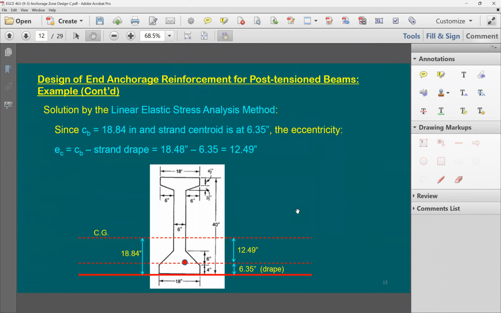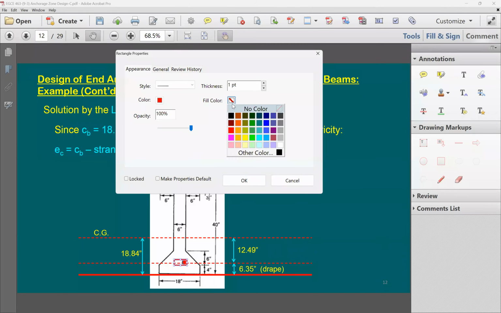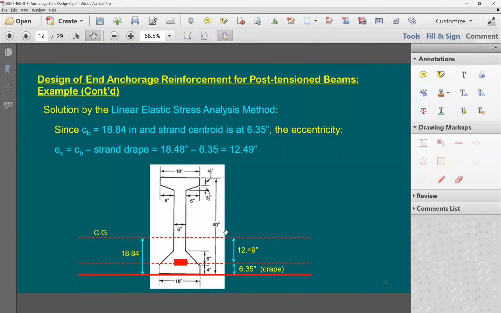All right. So here's the location. It's going to be right in the middle. The big jacking force is going to be right here. The big force is going to be coming right here. Here's the CG of the beam